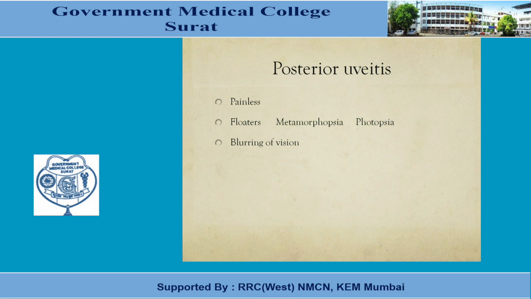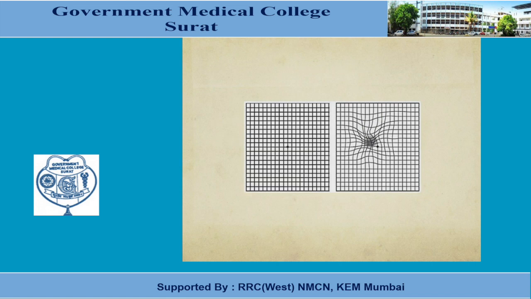An intelligent patient can say that I see some weird shapes and sizes when I see some patterns. So he can see what we call metamorphopsia, and photopsia, because it is related to the posterior vitreous and the anterior structures of the retina. And a blurring of vision, I told you when it will occur. Next. So this I was telling, metamorphopsia. A graticule or something like this presented to them, they will see like this.